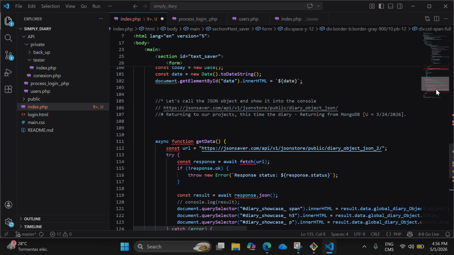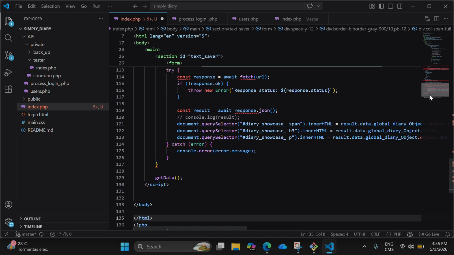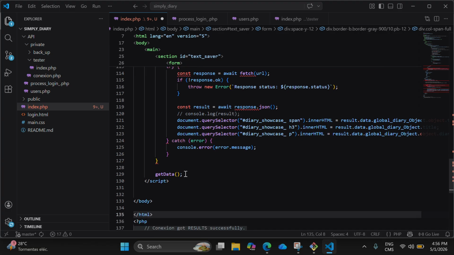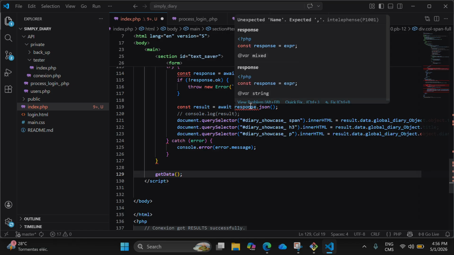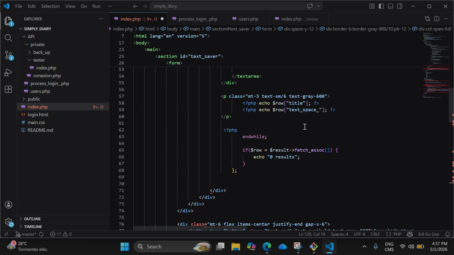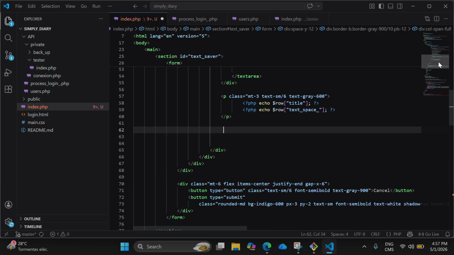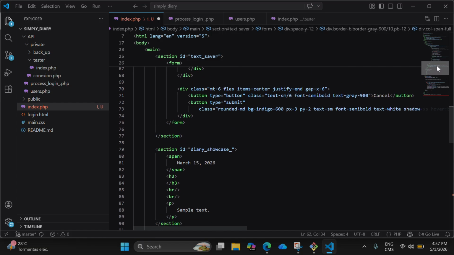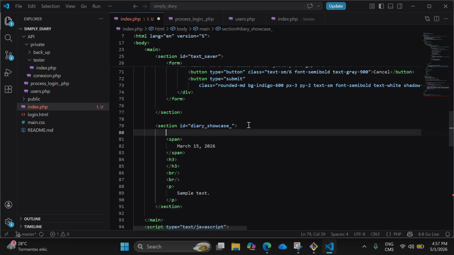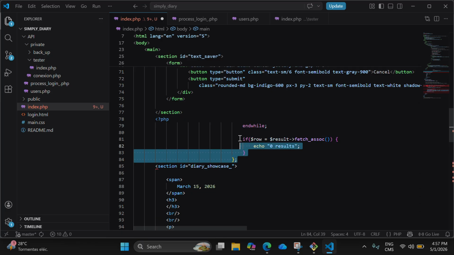Oops, sorry, I am having some errors here, but these errors are coming because the file now is PHP. Let's see. And in a certain way I didn't close the while, so let's just copy this while and place it down here. No, see, each section is one diary item. Okay,